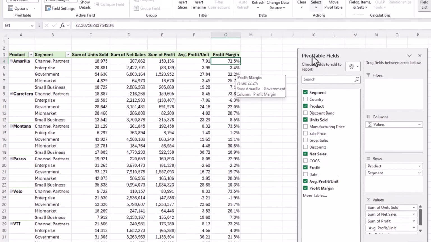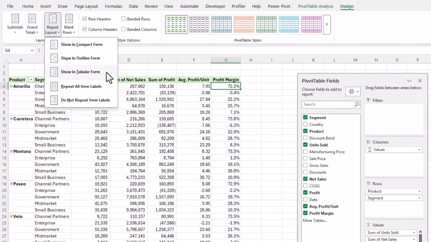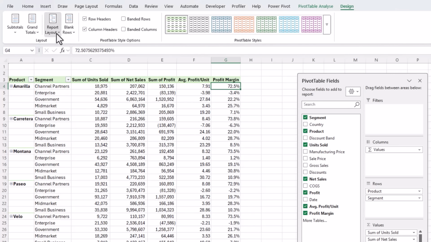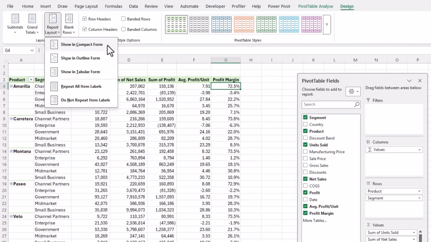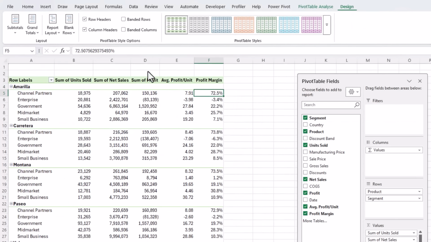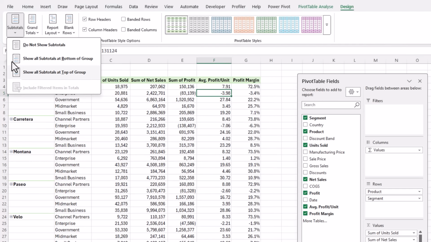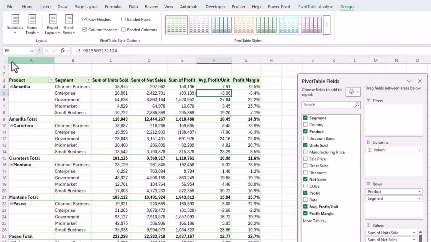Now if your pivot table doesn't look like this, it'll be because my default report layout is set to show in a tabular form, and that's what you see here. Yours is most likely in compact form, which is the default. I prefer it in a tabular layout. You most likely also see subtotals, which you can add from the drop down here at the bottom or the top of the group. And with that, we've answered all 5 questions with no formulas at all, and it's not